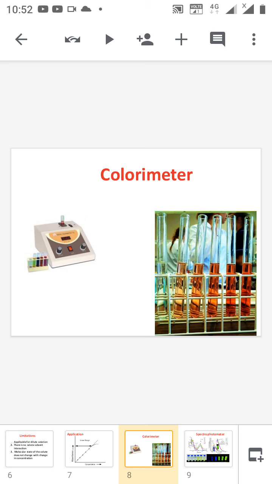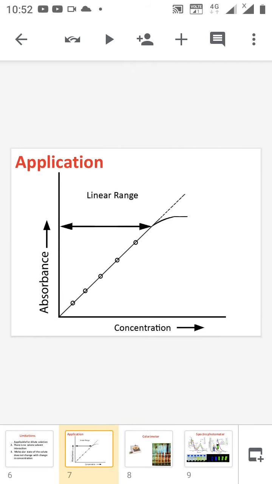I have attached the photograph. Here we can see that in the first test tube is an iron salt solution. The concentration of the iron is very low in the first test tube, and it is periodically increased in the successive test tubes. If we put the solution in a cuvette in a colorimeter, we can measure the absorbance and plot the graph of concentration versus absorbance. As the concentration increases, the absorbance of the solution also naturally increases, so we will get a straight line.